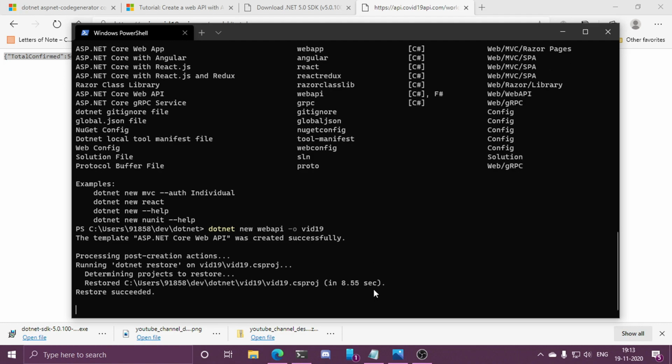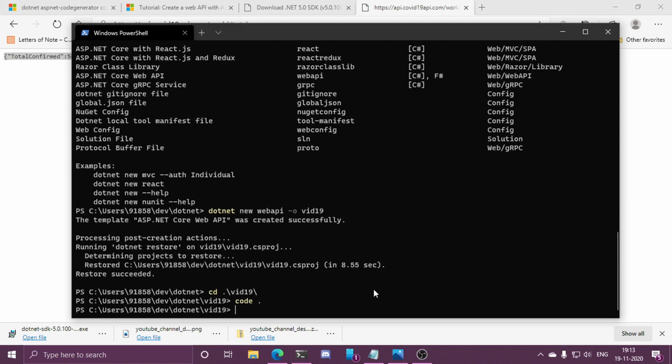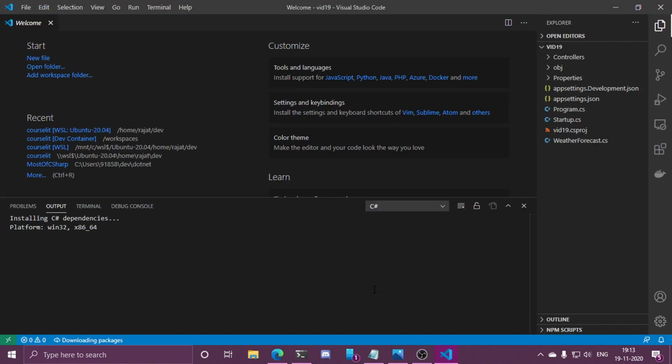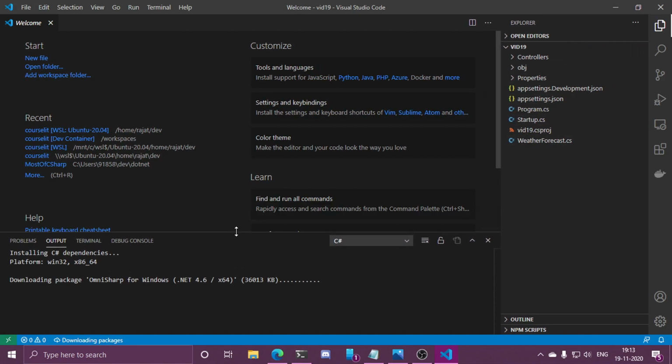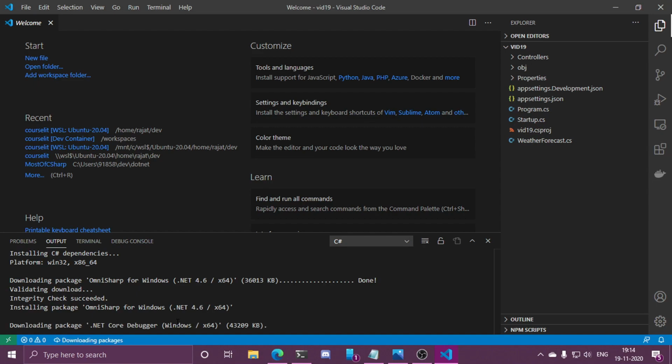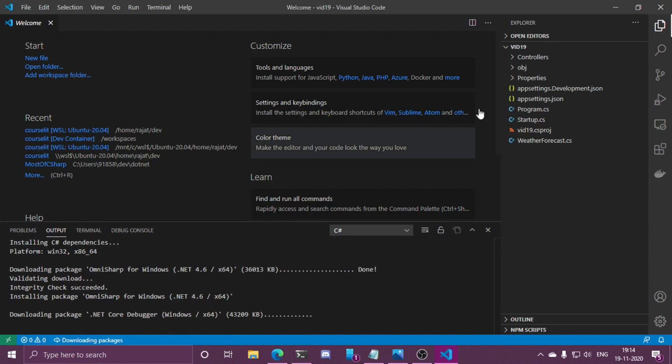What this command does is it creates a starter project and copies everything over from a template, and then you can just modify the code and you are good to go. Let's cd to this folder and open VS Code. So this is the source code which has been generated for us. VS Code is downloading some dependencies because it has been pre-programmed to auto detect if the project is based on .NET and install things. So let it do its work, and in the meantime I can show you other stuff.